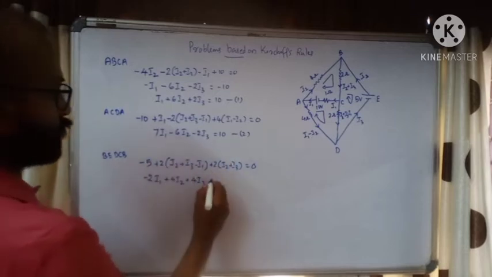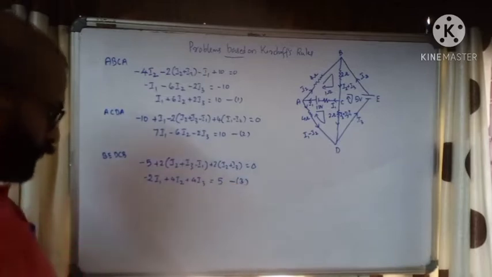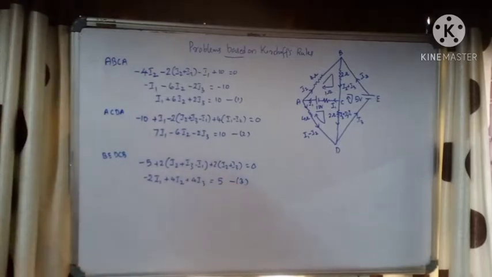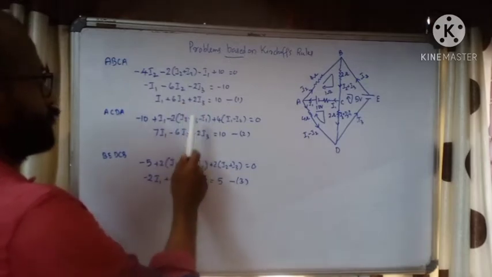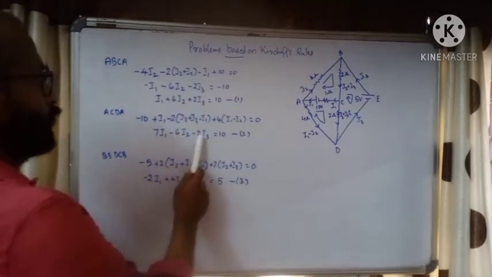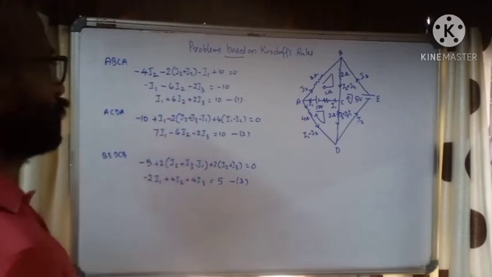This minus 5 goes to the right side, that is plus 5. Okay, that will be equation number 3. Now we can start eliminating. For elimination we have a simple method, because here we have these two positive values and these two negative values. So when we add these two, we can get I1. So we start with adding.